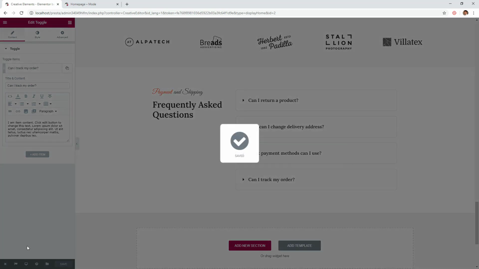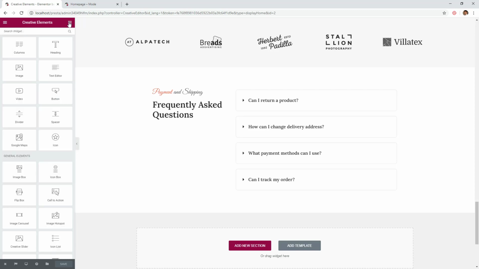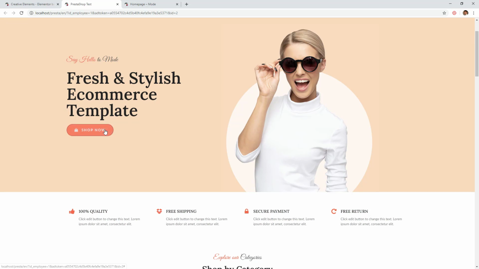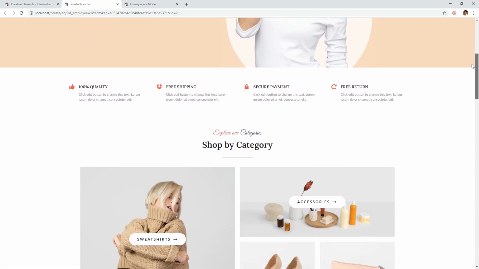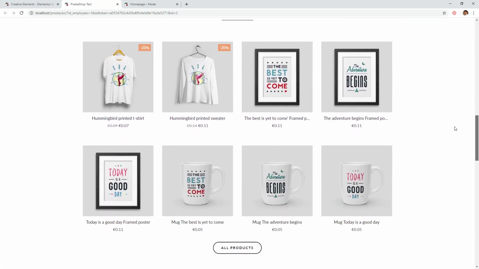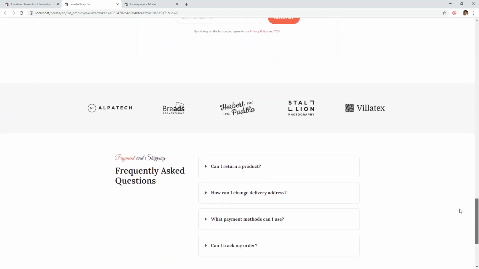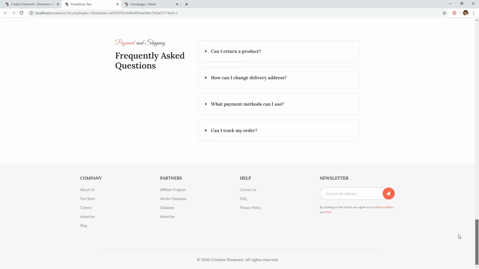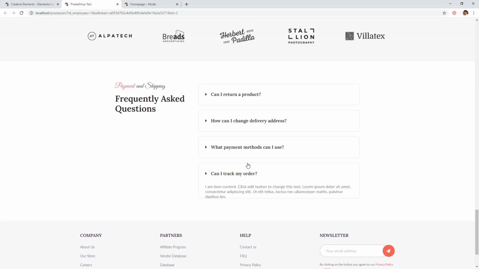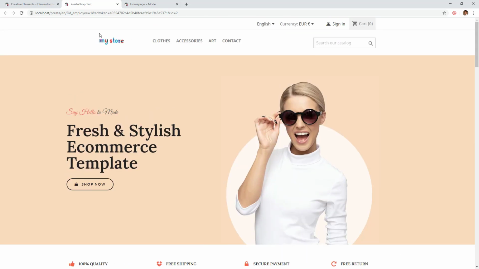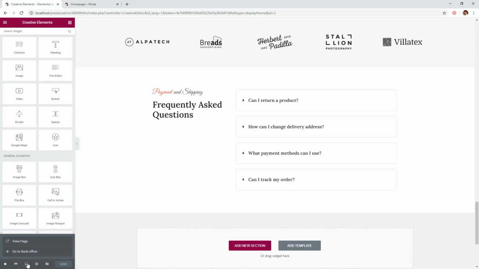After this, save and look the home page live. It looks really great. Now that we are ready with the designing process, we can fine-tune the layouts for tablet